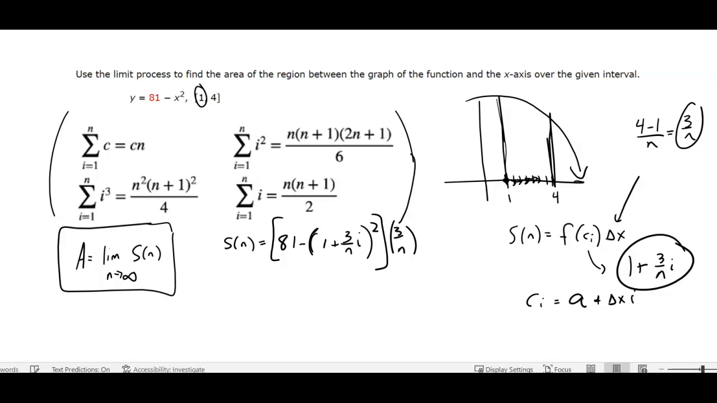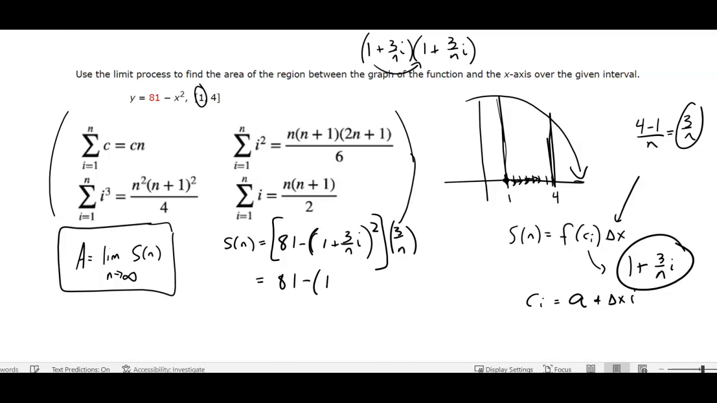Okay, are we ready for this? It's going to be an algebra intensive problem. So let's see how we can do with it. So be careful with your algebra. I've got to square this out. That's 1 plus 3 over n times i, times itself. 1 plus 3i over n times 1 plus 3i over n is equal to